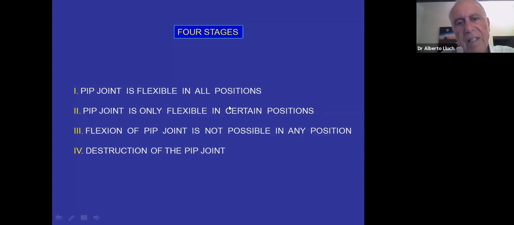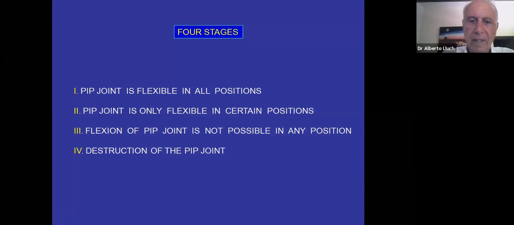What's the difference? There is a retraction or a shortening of the intrinsic muscles in stage 2, because we have to flex the MP joint in order to release the intrinsic muscle and allow us to flex passively or actively